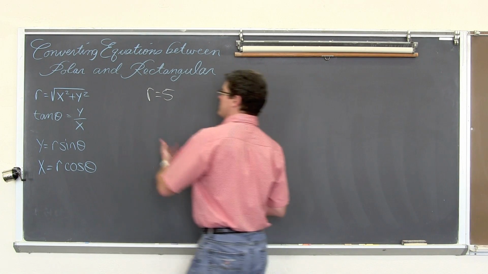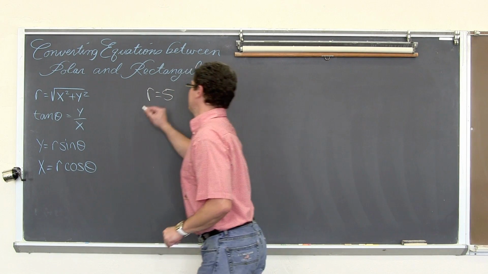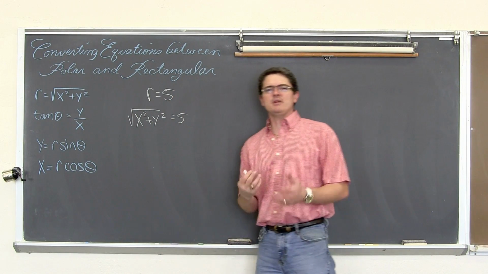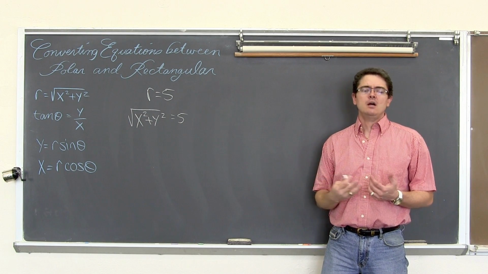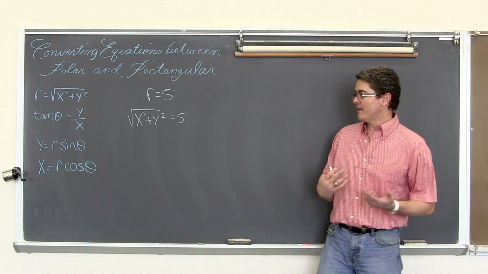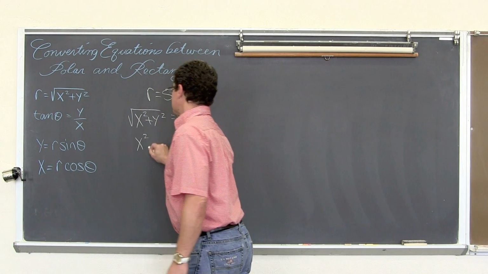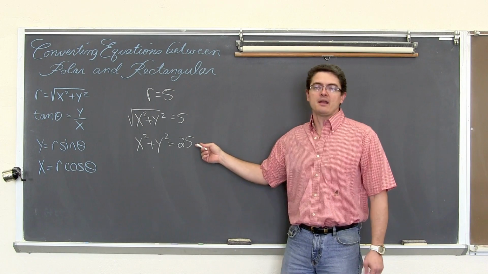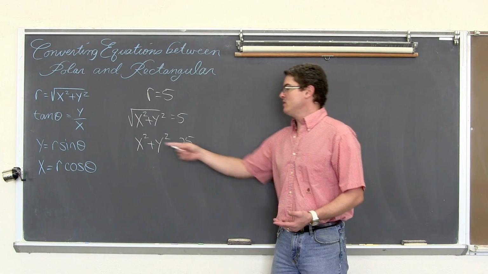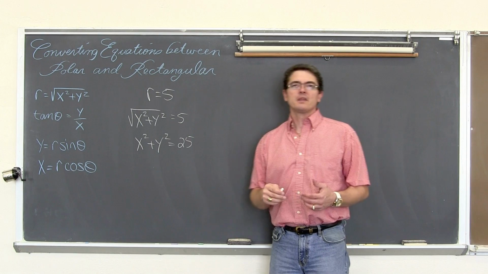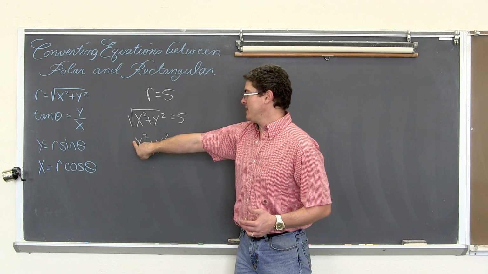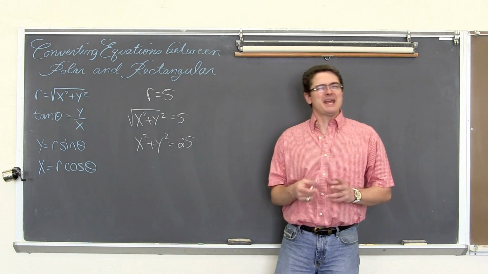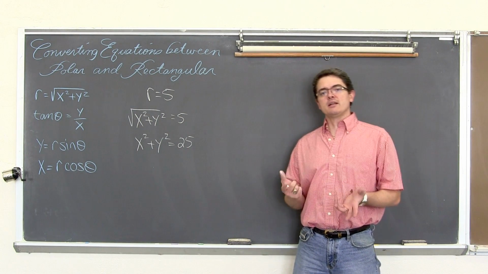So r is the square root of x squared plus y squared, which is 5. I'm either going to put this in a standard format or solve for y in the rectangular format. I'm going to square both sides and get x squared plus y squared is equal to 25. We haven't studied conic sections yet, but when you have an equation with 2 squared terms, those terms have equal leading coefficients, and both have the same sign, then you're looking at the equation of a circle.